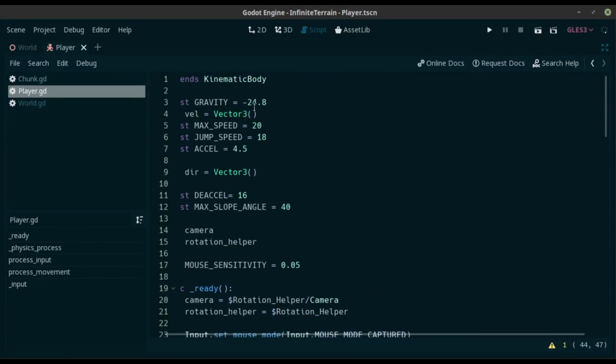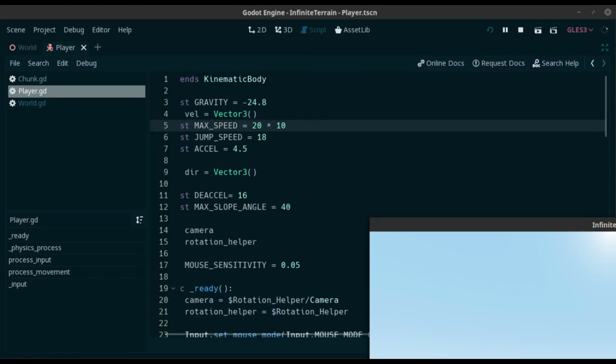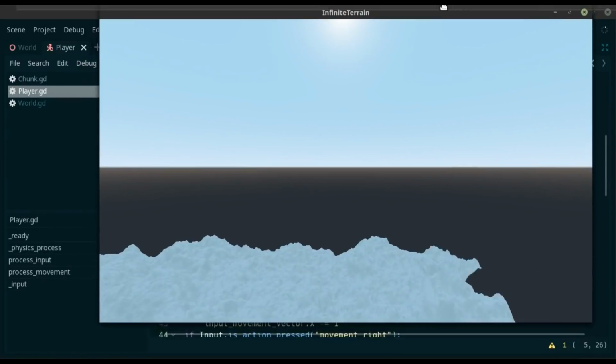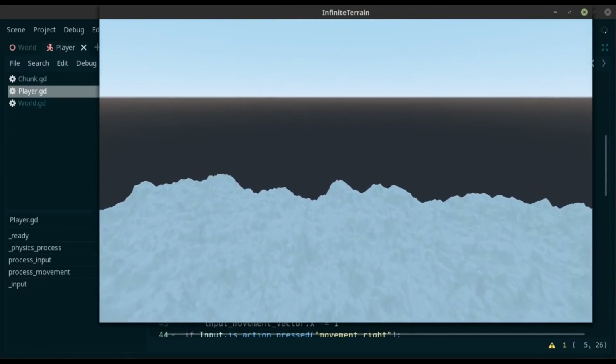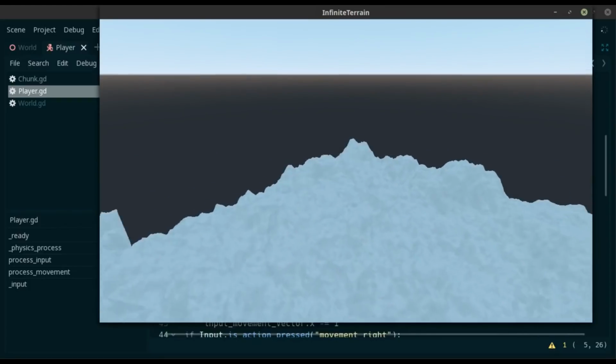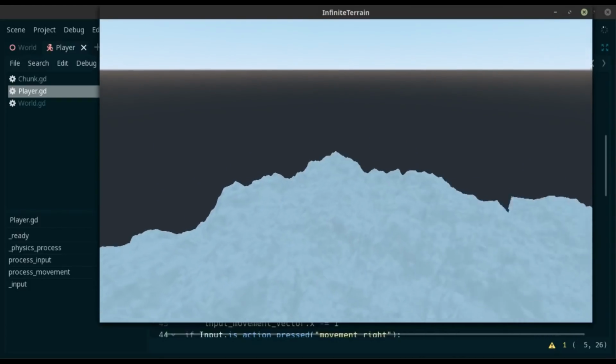So in the player's move script, max speed, just times 10, let's say times 10. Okay, so if you move the player now, as you can see, the terrain updates, and that's perfect and all,